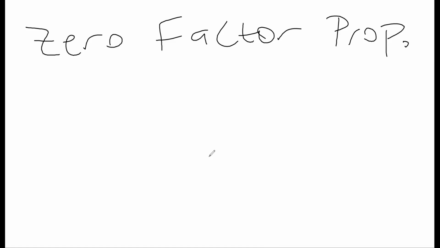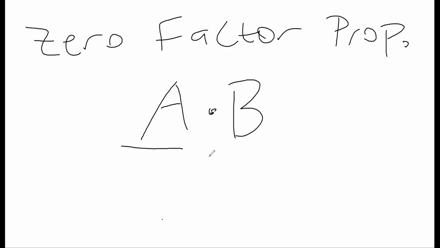The zero factor prop says that if I multiply two expressions together, so let's keep it really broad, let's not even use x and y. Let's say we have one expression and we're going to use a capital A to represent it. Now, A could be representing a number, or A could be representing an entirely other mathematical expression. It could be x minus 4 is what this A is. But if we take one mathematical expression and multiply it to another mathematical expression, capital B, which could also be anything, and we multiply them together and we get 0,